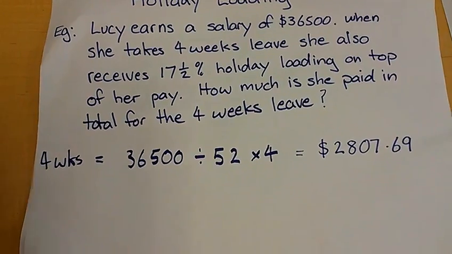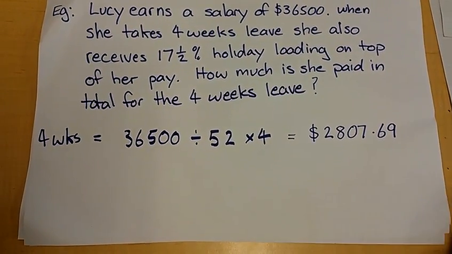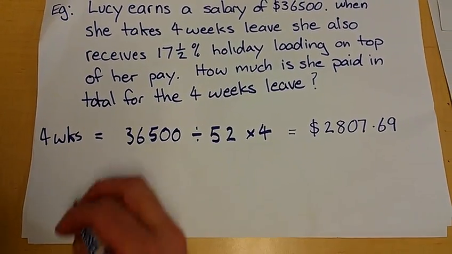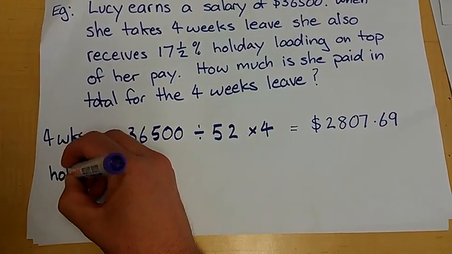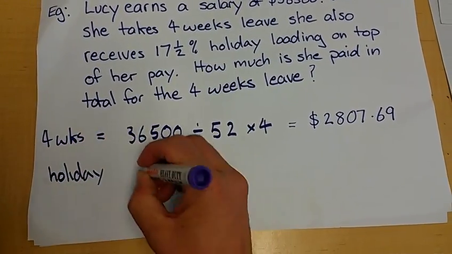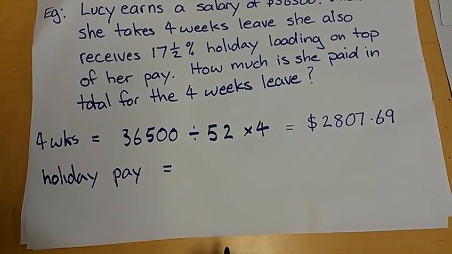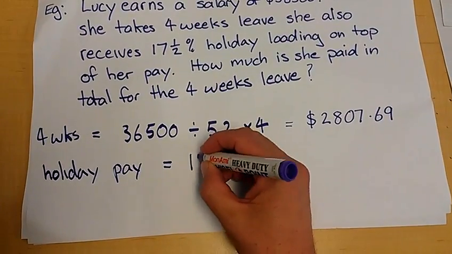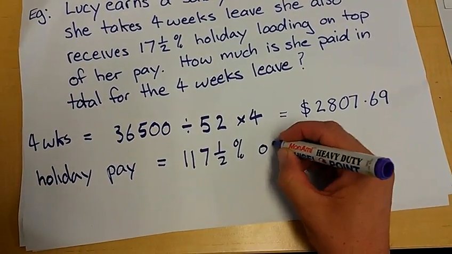But as I said, going on holidays, you actually get paid a little bit more. You get an extra 17.5% on top of your normal pay. So with her holiday loading, so her holiday pay, we'll call it, will be equal to an extra 17.5%. That's 100% of her pay plus 17.5% is 117.5% of the